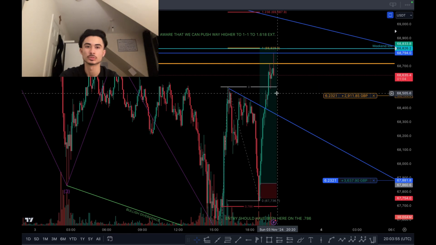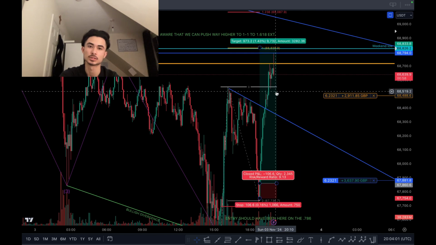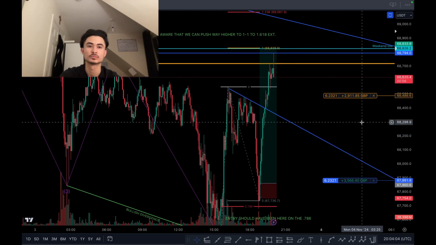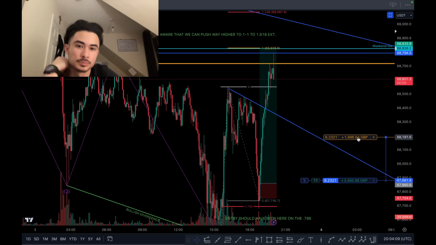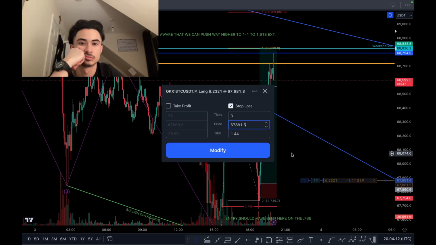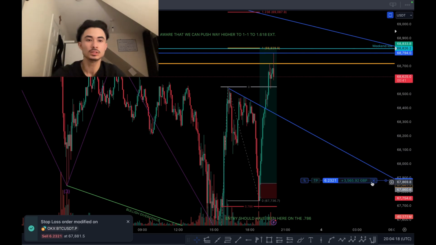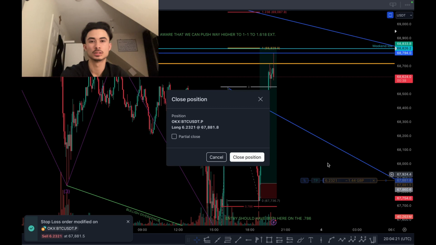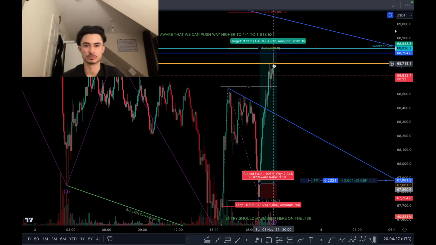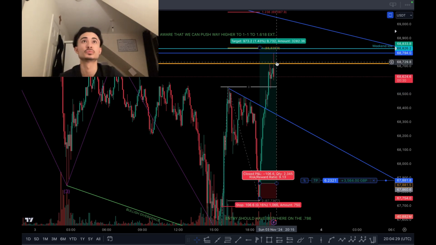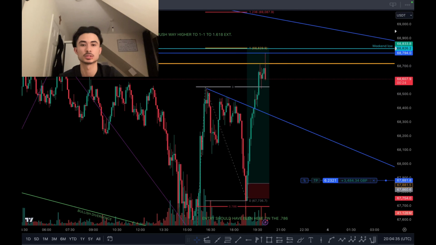So I've moved my stop loss to below this low. If we start breaking below, then I get out of the trade. Chances are price will do that anyway and carry on. But this is why I might just take partials now, to be honest. I take partials. Actually, not yet. We'll see, because this could just be the initial rejection slash reaction. So it could easily start moving up. We'll just have to see what happens, guys.